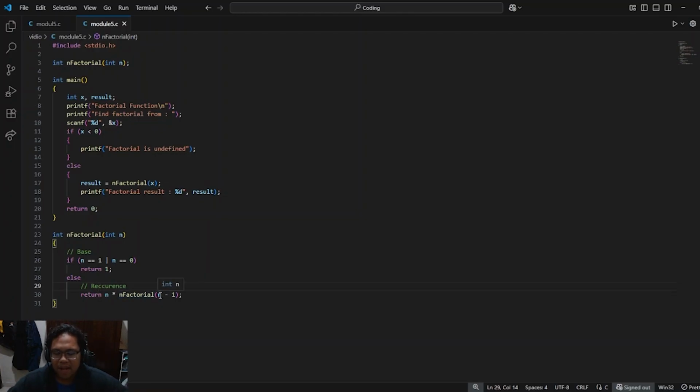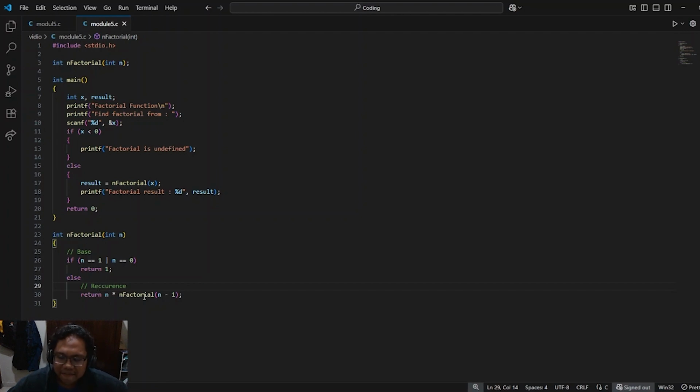So if we say n is 3, it will be 3 times n factorial of n minus 1. And then in n factorial of n minus 1, let's say it's 3 minus 1, which is 2, n factorial 2 will be 2 times n factorial 1.